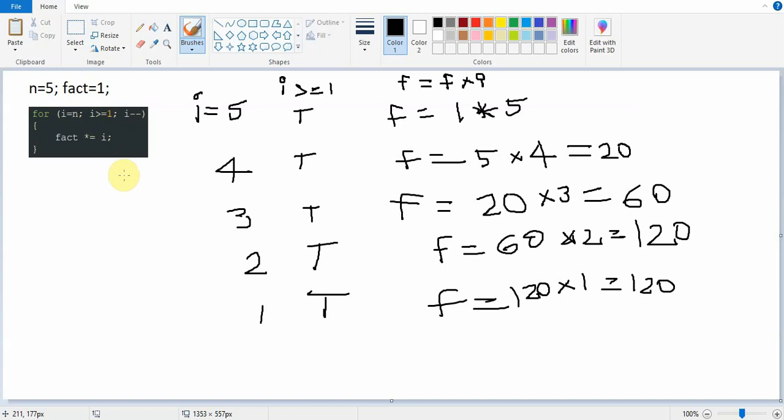Hence, we can omit that one multiplication for decreasing the execution time.